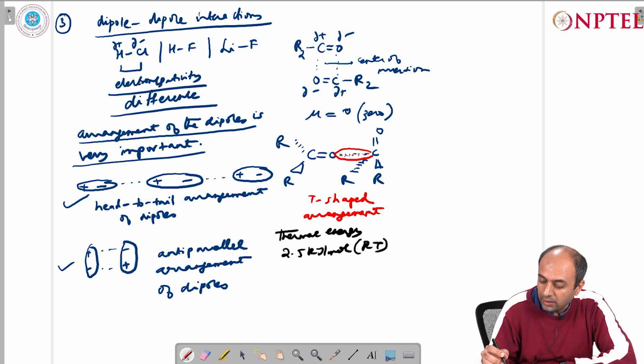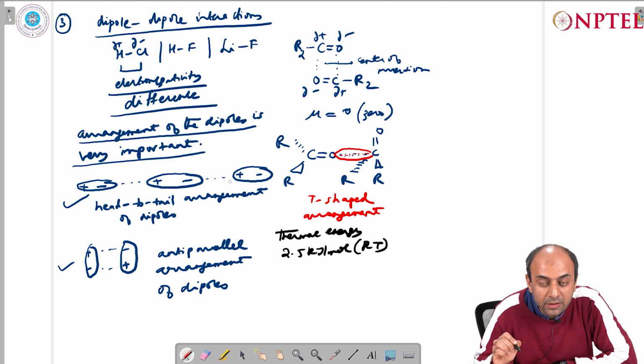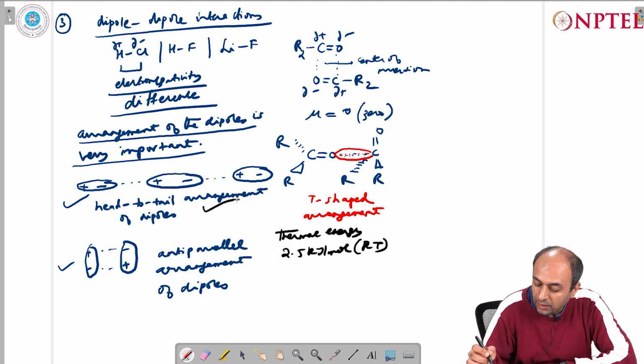So there are two factors which operate here. One is you would like to maximize the dipole-dipole interactions between the molecules, and on the other hand you have these thermal energies which are trying to randomize the dipolar orientation, and the overall arrangement is a balance between these two